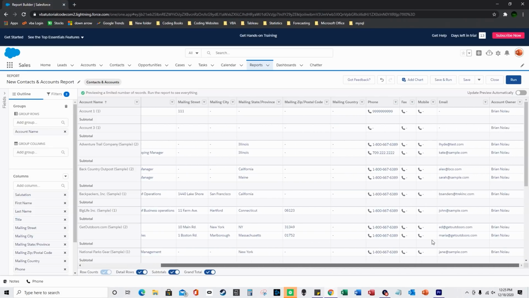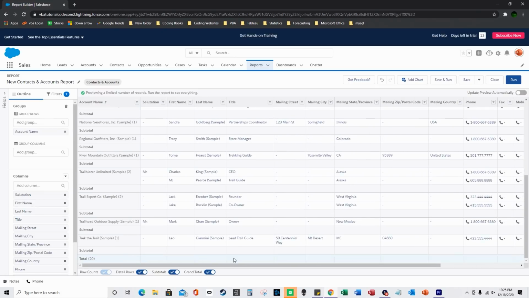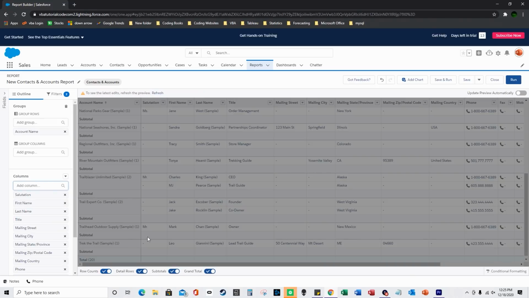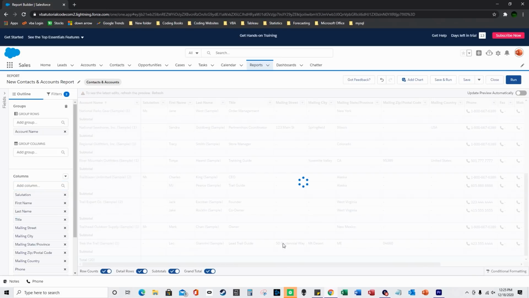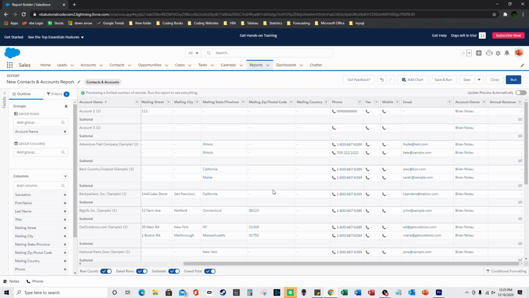There happens to be no numbers here, so it doesn't provide any subtotals. And then there are no grand totals either because there's no numbers, but let me just add a column. I'll go to annual revenue and click refresh. None of these have revenue, so